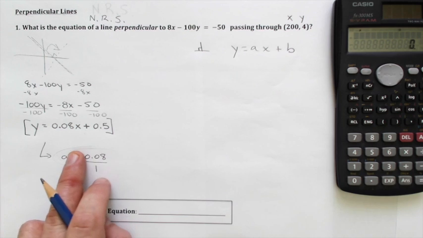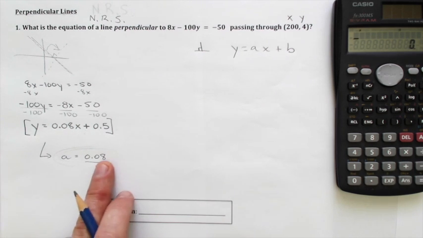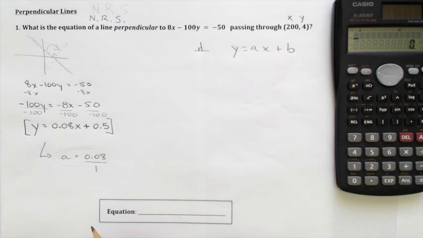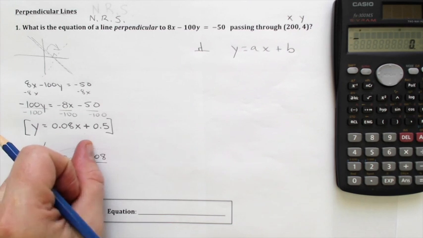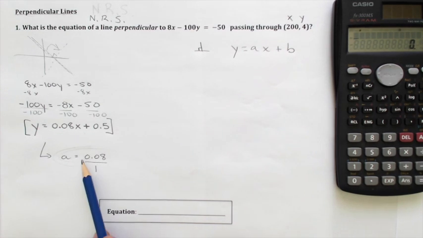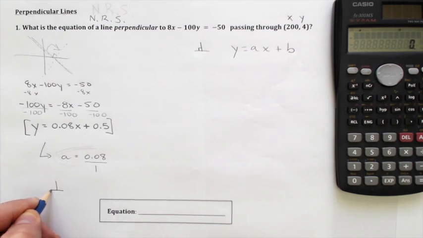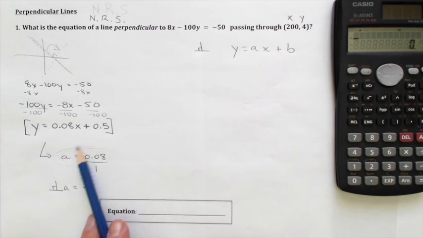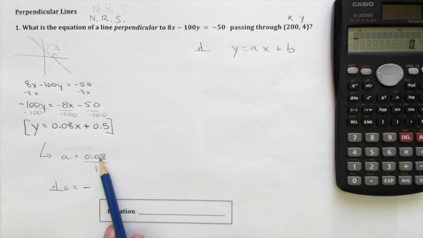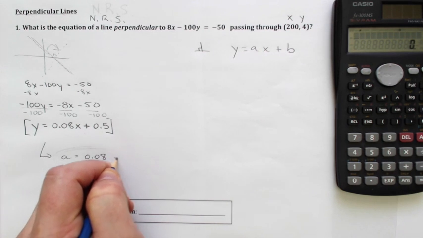It doesn't change the value on the top when you divide something by 1, and now it looks fractional. So I have to flip it, and then I have to change the sign. Since it was originally a positive number, we know that at the end, our new a, or our perpendicular a, has to be a negative number. Has to be, because this starting one is a positive number. So I'm going to flip that, and that will become,